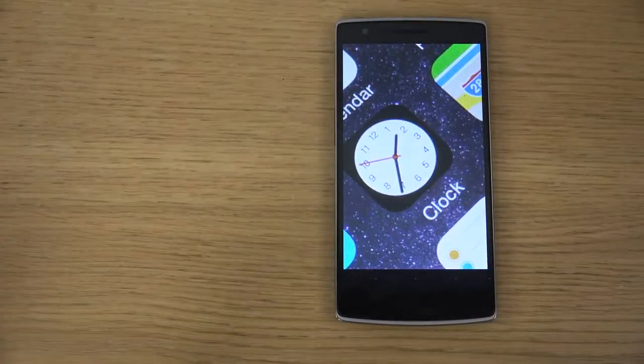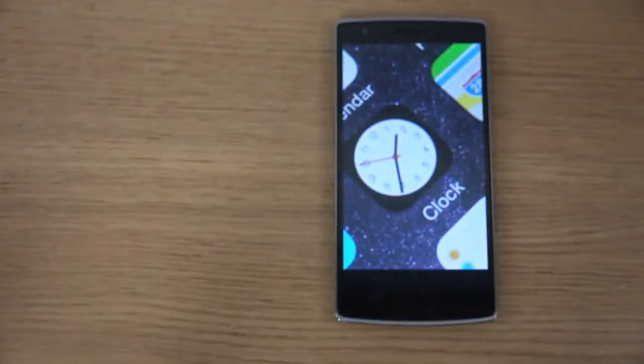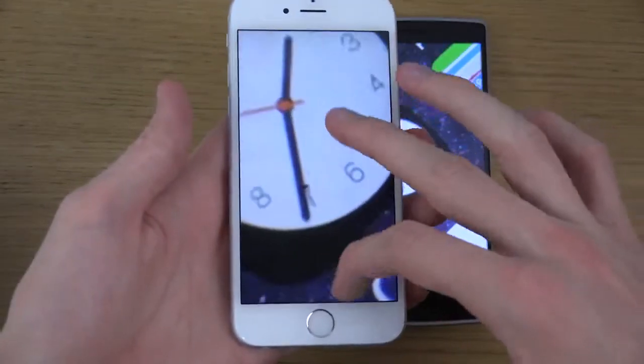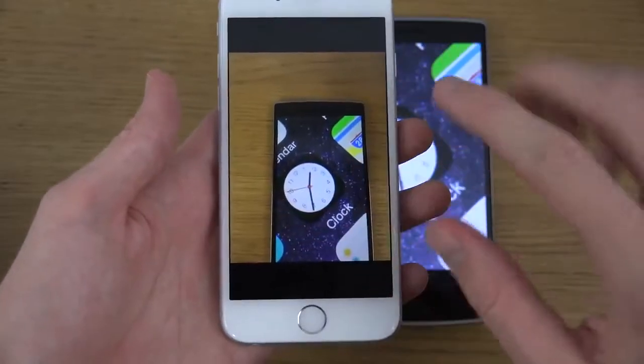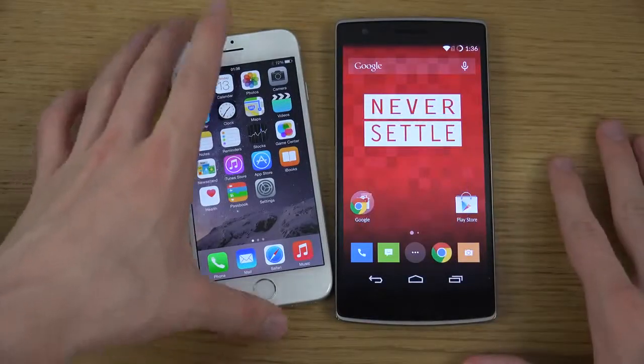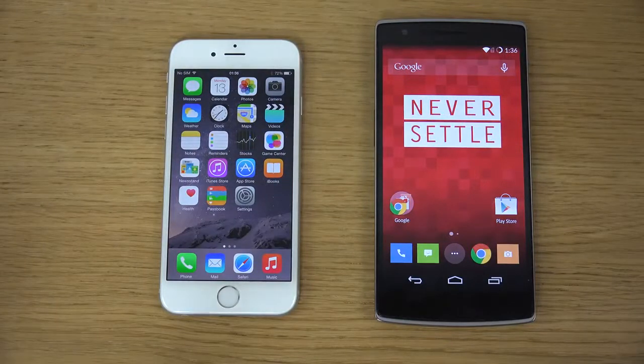But if we were going to take pictures here with a 8 megapixel camera only, just like that, and we try to zoom in a lot, you can see that it will say we can't, which could definitely be a little bit annoying. Other than that, they have pretty similar camera features as usually, like with editing features and stuff like that. It could almost, I think, be a little bit better. They're only iOS 8 here because Apple added some very cool features where you can quickly edit brightness and stuff